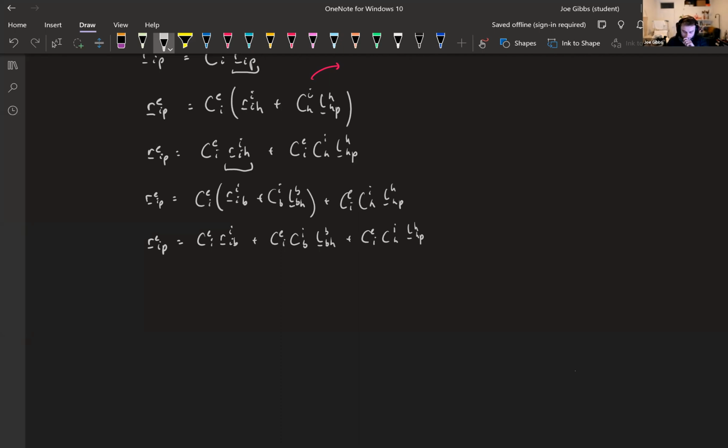So now we need to do a little bit more trickery. Looking at this, we have an angular velocity for resolving the Earth frame, the inertial frame. So that's fine, but we don't have anything for this IH term here. So we need to do a bit of wizardry to try and get that into a form that we do want. So we'll note that CEI, CIH can actually be written as